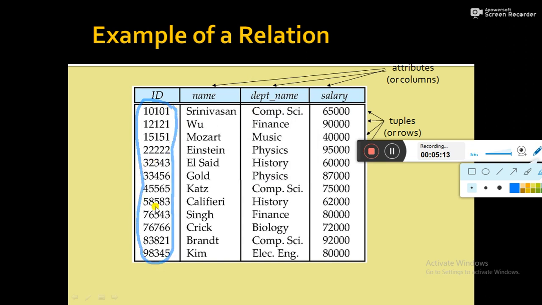So these values are the domain of the ID, and the domain of the ID should satisfy some types of constraint. For example, the value should be integer type in case of ID. Now what is the domain of attribute name? This is the domain. So domain means the set of permissible values should be string type.